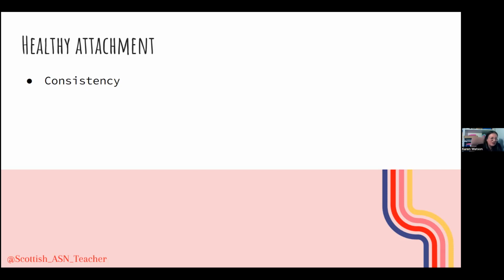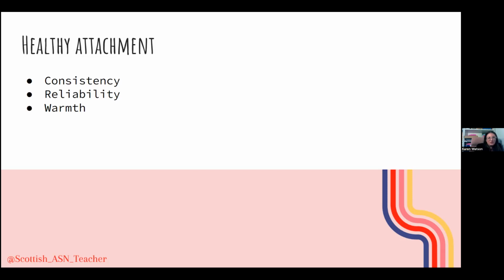Inconsistent behaviour is confusing for a child and again can lead to behaviours such as changing their reactions, making themselves smaller and insignificant, and hiding their emotions because they're scared of provoking that inconsistency. Reliability, so this is knowing that when a parent leaves or puts you down, they will come back and they will pick me up. A baby knows that if they cry, the caregiver will come. They will feed them, they will cuddle them, they will be there and meet their needs. And warmth, that a child's treated with warmth and care. It's really as simple as that.